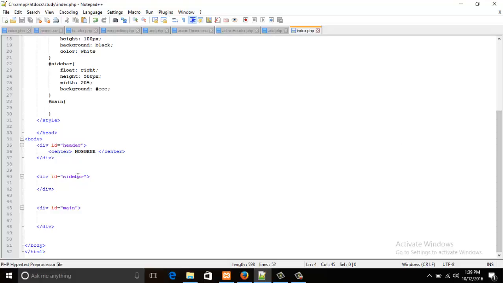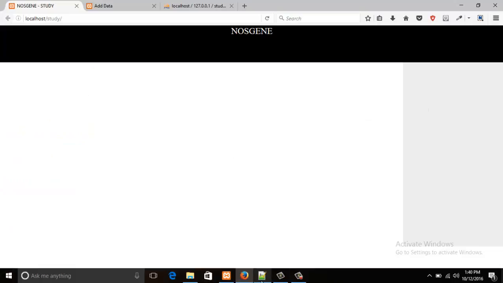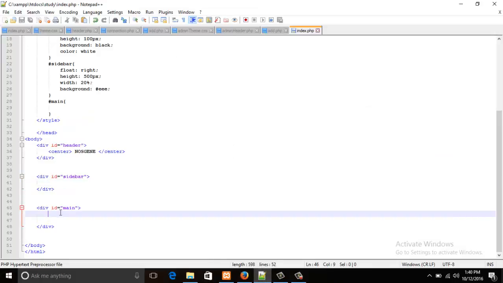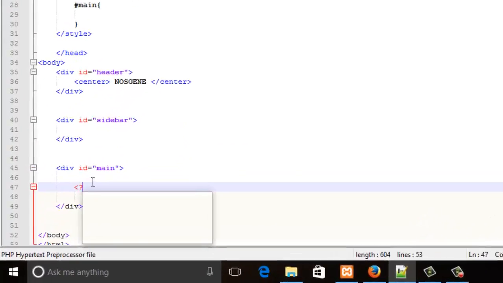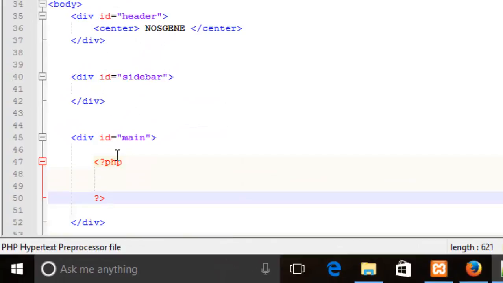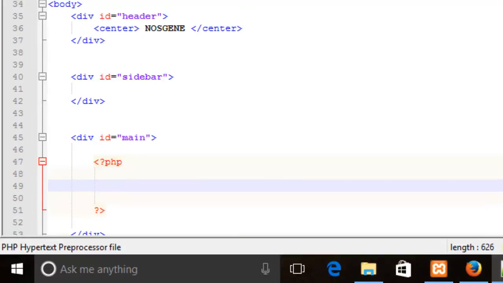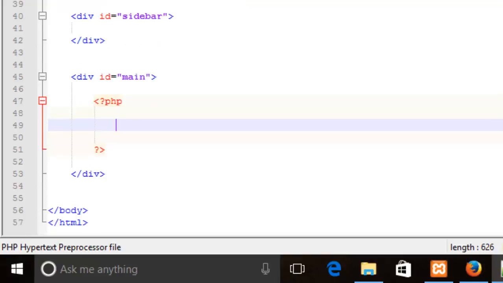Okay, so this is the sidebar. Now we want to show data into main. So what we're going to do is we are going to write a PHP code. I'm going to say PHP and I'm going to close the PHP tag. Now what I'm going to do is I'm going to make a variable. I'm going to name it as